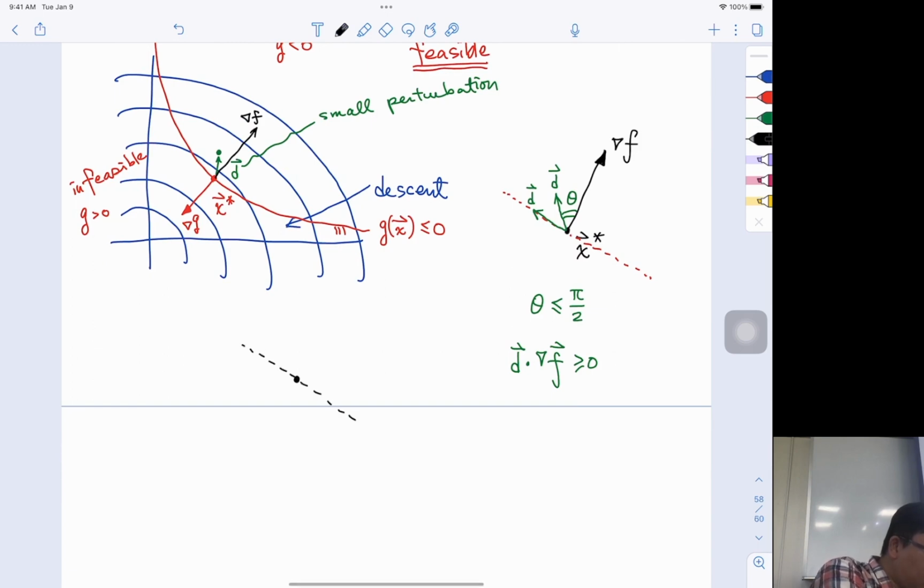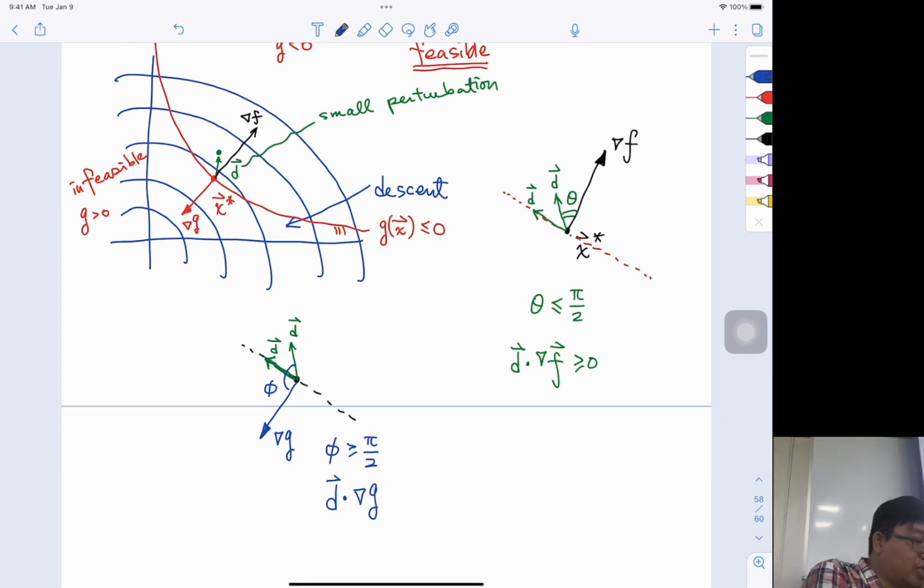That's the tangent again. And we said our perturbation can only be on the line or above. And now this time our G gradient is going this way, right? So this is the angle. Let me change the symbol. Let me call this phi. Phi is larger than or equal to 90 degrees. If that's the case, the perturbation dot product with the G gradient can only be smaller than or equal to 0. Actually, I don't need a vector here. Gradient itself is a vector. Okay, that's what happens to the inequality constraints. Now, if we have equality constraints,